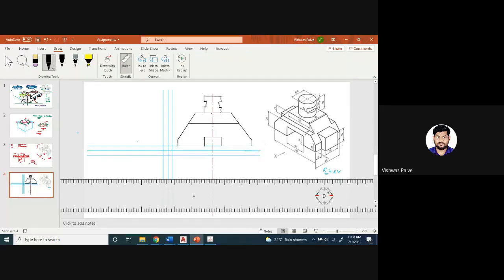So the height of that part is how much? It has been given that the height is 26 millimeter. You can see here this height is given as 26 millimeter and the distance is 10 millimeter. So from here we'll take this 10 millimeter distance. Then a height of 26 millimeter. So I will draw a vertical line and connect it with here. Same thing on the other side. This I'll draw with a scale so that it will look neat.